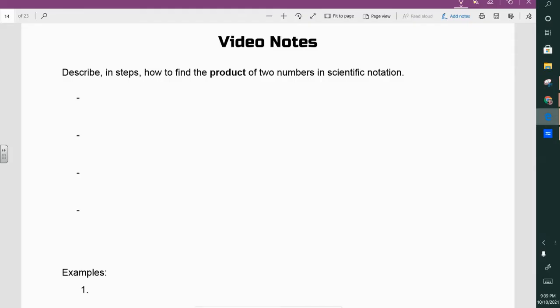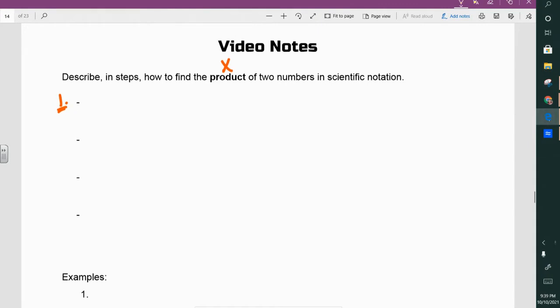So we're going to look at the steps and how to find the product. Remember, a product is a multiplication problem of two numbers in scientific notation. The good news is, unlike adding and subtracting, we don't have to have a common exponent. So the steps are a little bit less complicated, with no moving the mantissa decimal to the left or right and adding and subtracting. So the first step is we're going to rewrite